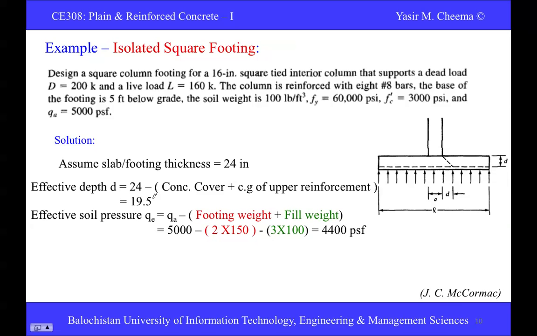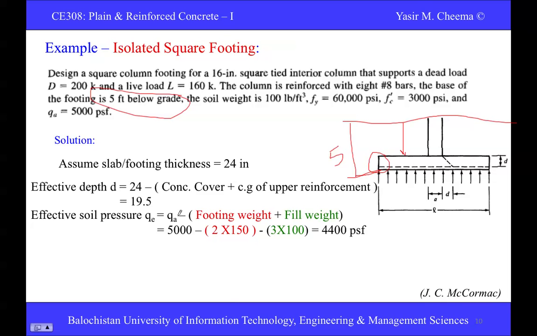Next is effective soil pressure. So I make it clear again. Let's say this is our bottom or top over here. From top to bottom, this one is 5 foot, as given in the question statement: 5 foot below the grade. Now we have to determine the soil pressure QE. The soil is at this depth. So this depth of the soil is 5 foot minus this depth of the footing. So this is equal to